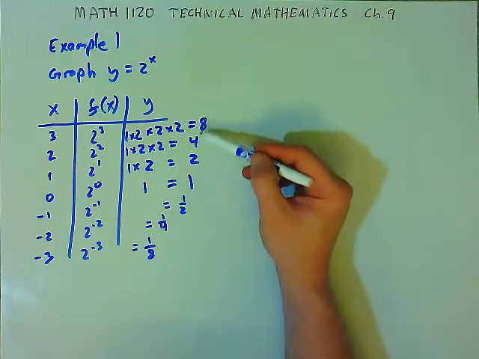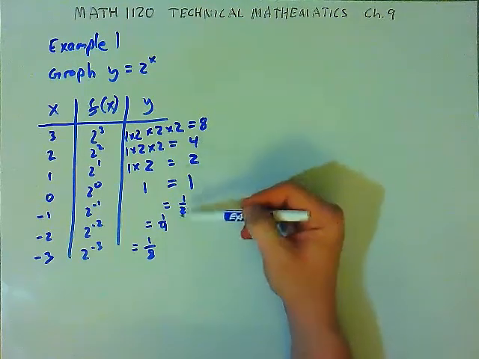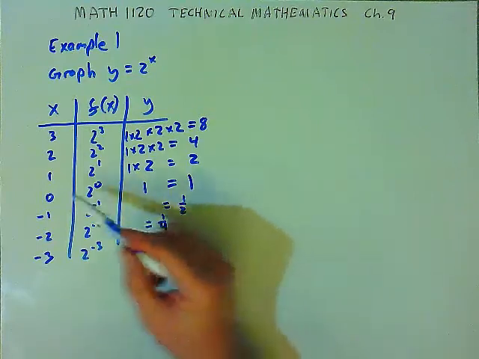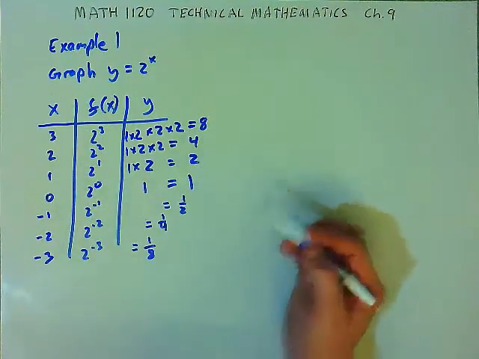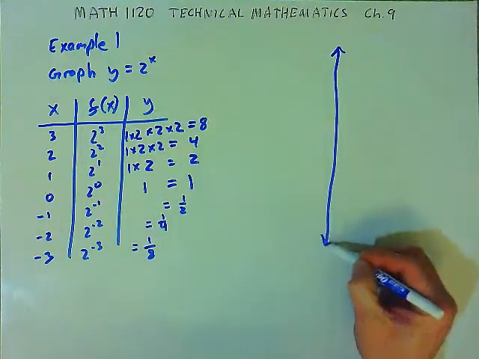So again, 8 divided by 2 is 4, divided by 2 is 2, divided by 2 is 1, divided by 2 is 1/2, divided by 2 is 1/4, and divided by 2 is 1/8. And so these are our x, y points that we want to plot. And so let's look at a graph. We have the y-axis